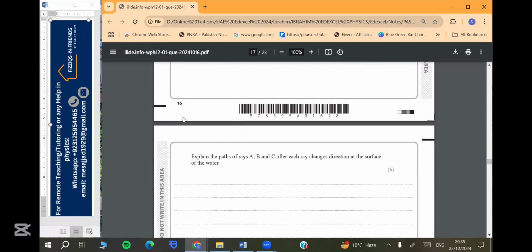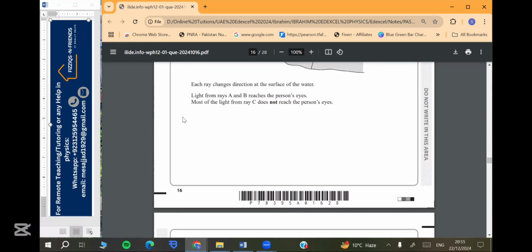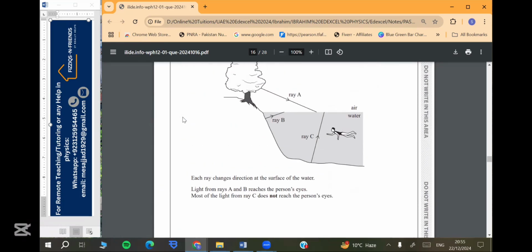So they are asking you to explain the paths of rays A, B, C after each ray changes direction at the surface of the water. Okay, light A is reaching the person. So first of all, this is the boundary, and this is the normal here. Then this is the boundary, this is the normal here, and this is the boundary, this is the normal here. So we have drawn 3 normals,